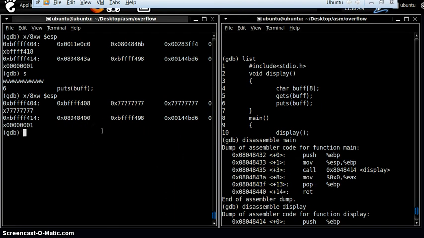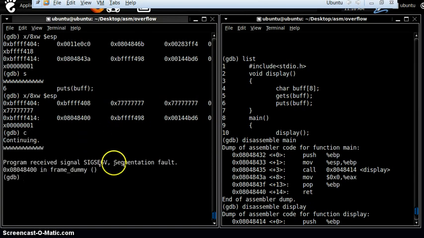Okay, so let's check whether it. Okay, see, this is a segmentation fault. We get a segmentation fault because we have overwritten some part of our return address. This vulnerability leads to much exploitation of our stack, and there have been many advancements also in order to protect the stack.